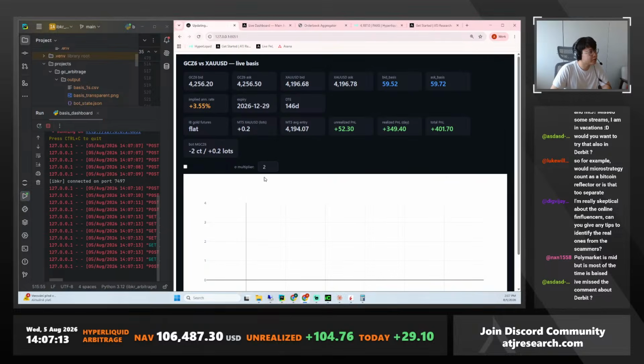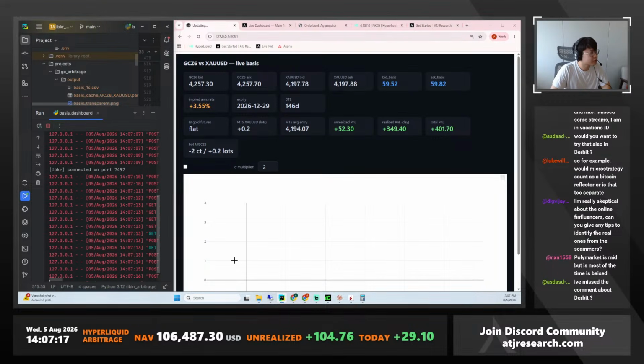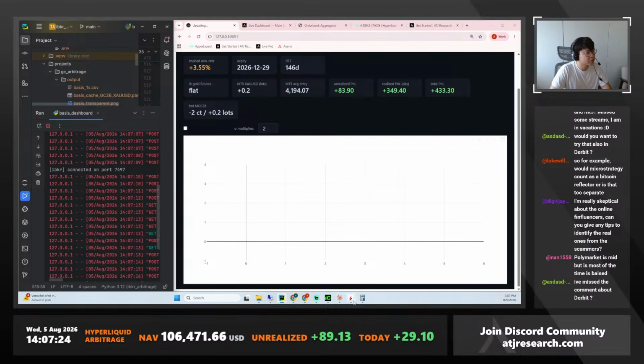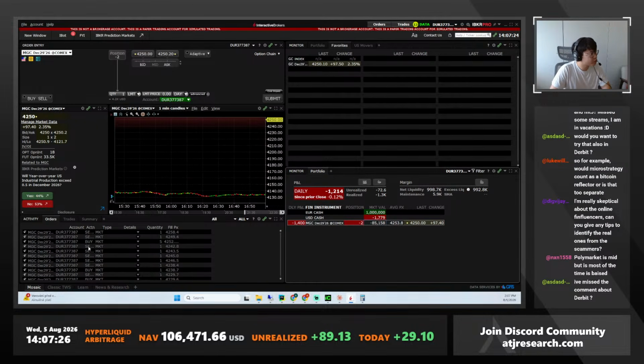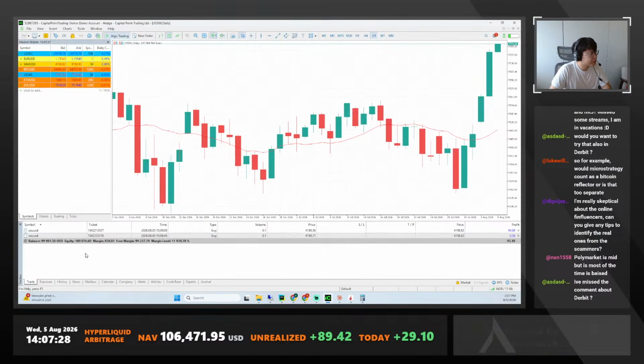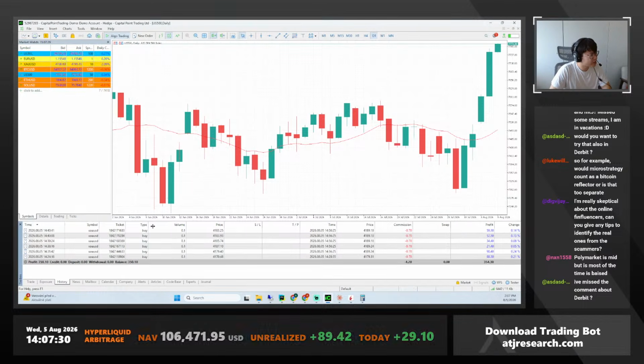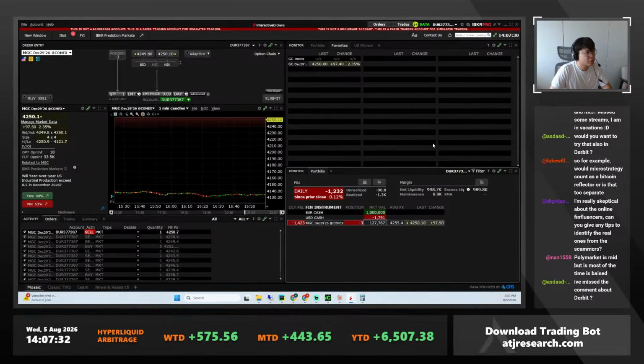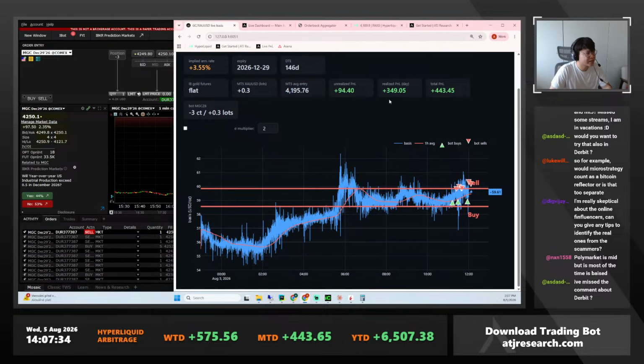Okay, so now we loaded the chart. So let's restart it. So you can see we're making money, right? You can see here we're executing some trades on Interactive Brokers. We're executing some trades on MT5 here. And so our report says that we are making money because we're selling here because that's a signal. We're selling at this level and we're buying around this middle price here,